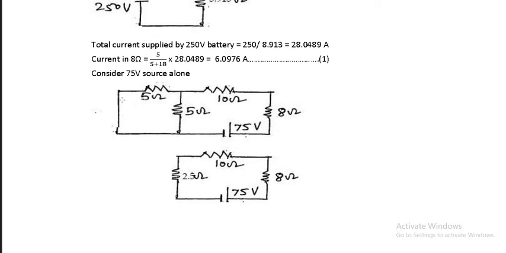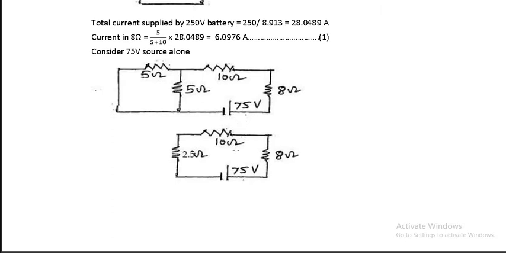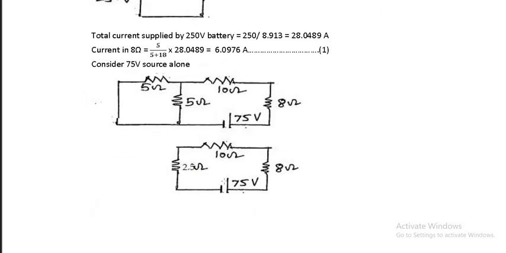Now let us consider the second source. When we consider the second source, see, 250 volts is now short circuited. So 5 ohm, 5 ohm, 10, 8 and this is 75. You can see over here this is the parallel combination of these two, because the current will be flowing from here. It always comes out from the positive, it will be traversing like this, and over here it will be getting divided into 5 and 5. When two equal resistances are connected in parallel, the effective resistance is half of it. So if it is 4 and 4, it will be 2. So if it is 5 and 5, it will be 2.5.